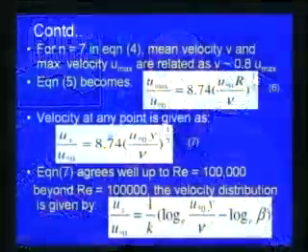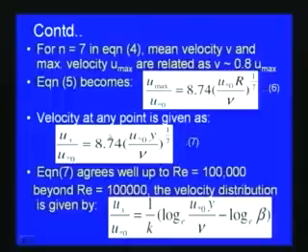So, now if we use here for a particular case, say n is equal to 7, then we can see that the mean velocity v and maximum velocity, generally for pipe flow we can approximate the average velocity v is equal to 0.8 times the maximum velocity, or 80% of the maximum velocity. So, if we use this approximation, n is equal to 7 and u max, the v is equal to u